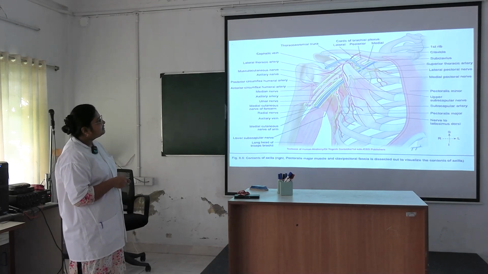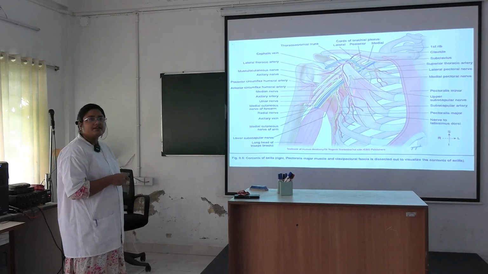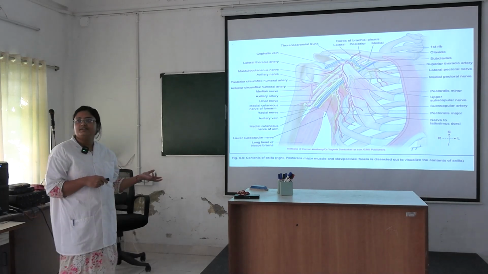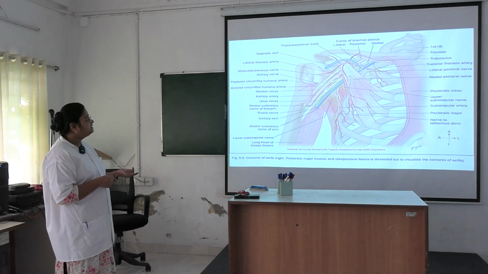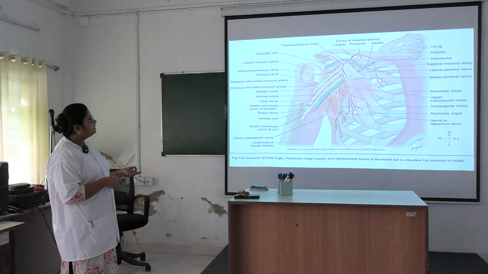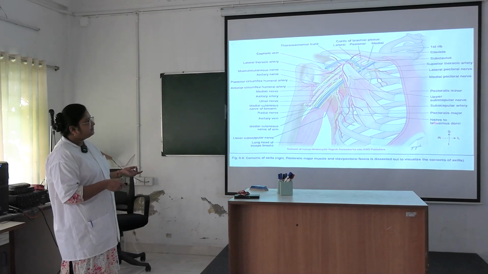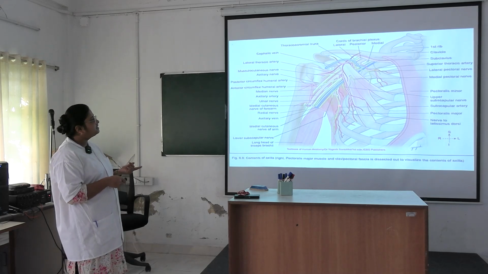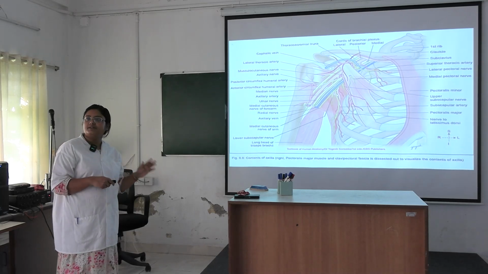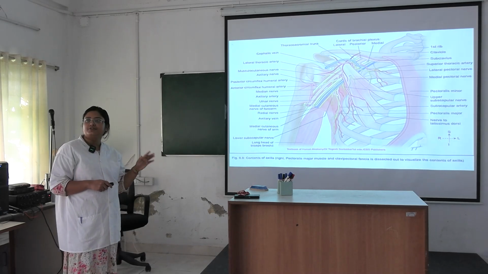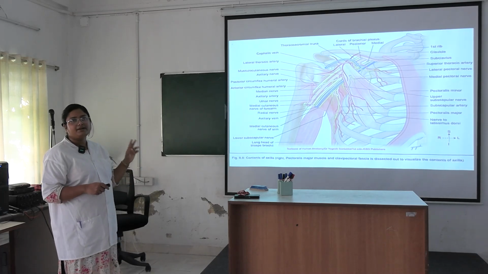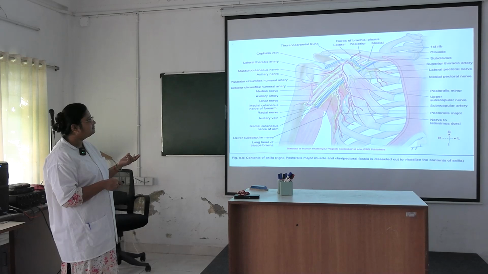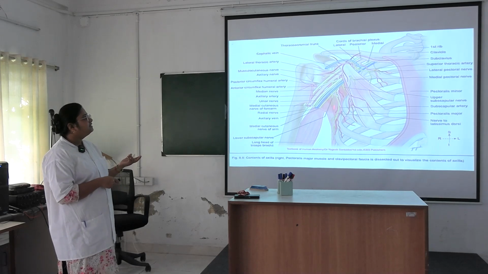Okay, and here is the lower subscapular nerve. Lower subscapular nerve will supply the subscapularis muscle lower part and the teres major muscle. And here you are getting the nerve to latissimus dorsi. This nerve we will see. Okay, nerve to latissimus dorsi supplying the latissimus dorsi muscle, also known as thoracodorsal nerve, and it is also accompanied by the thoracodorsal vessels. Okay, you can see here these are the vessels and nerve are lying together.